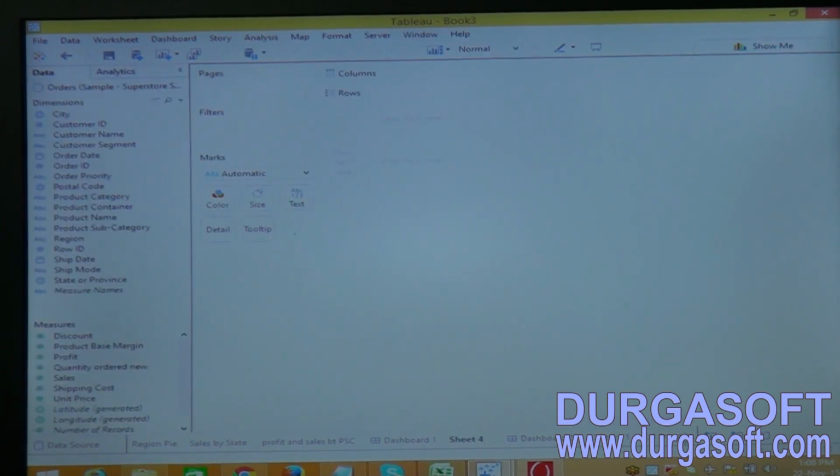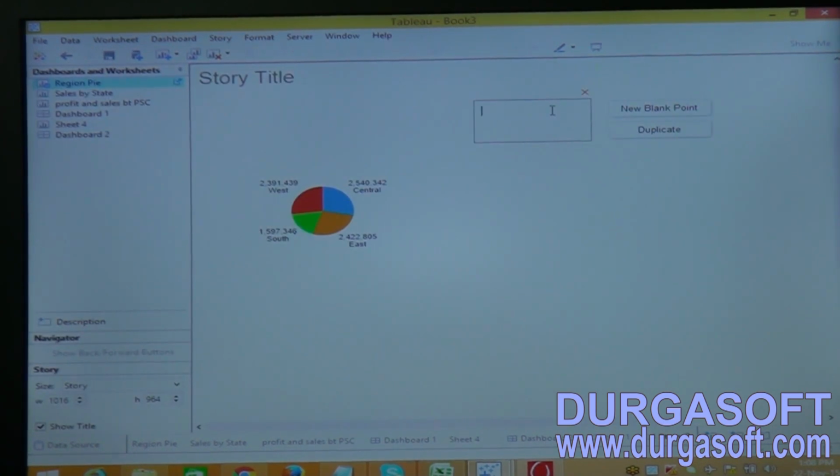Now you can write your own description about that. That means detailed sales information in a pie chart, region sales info in a pie chart.